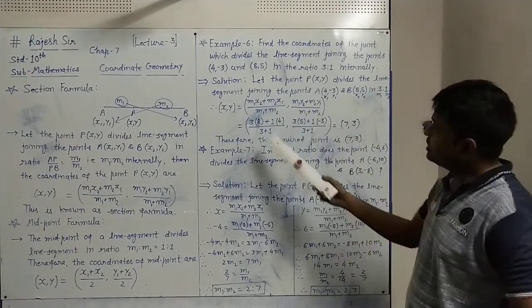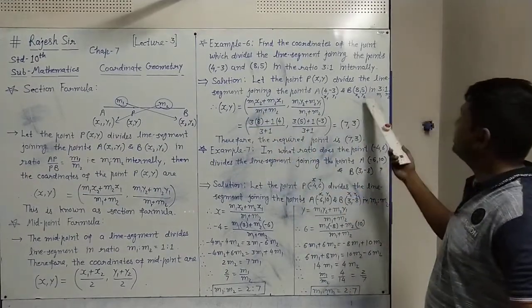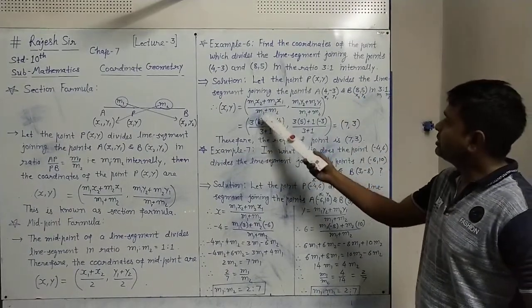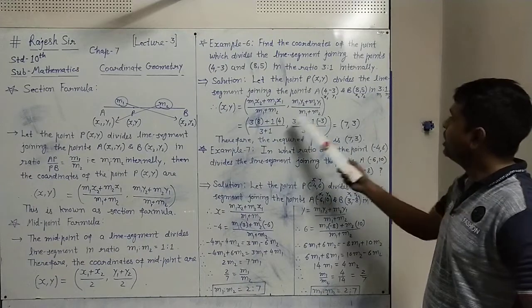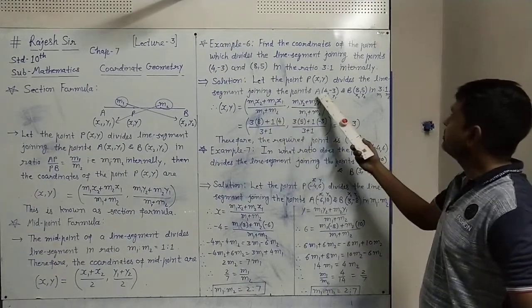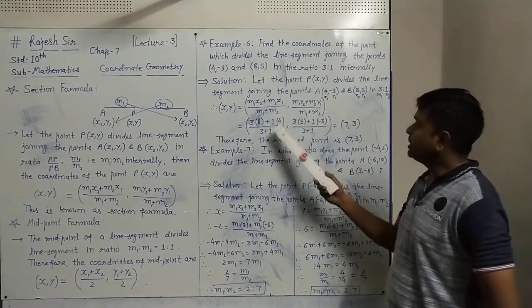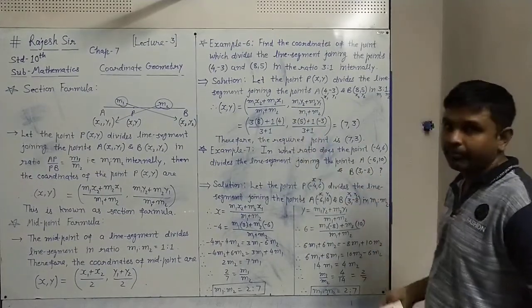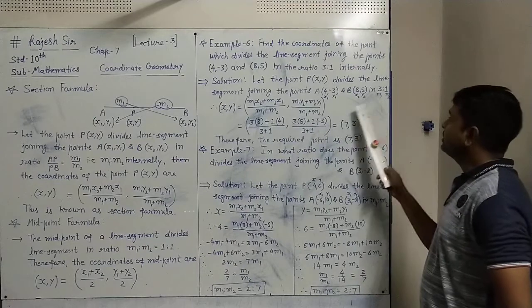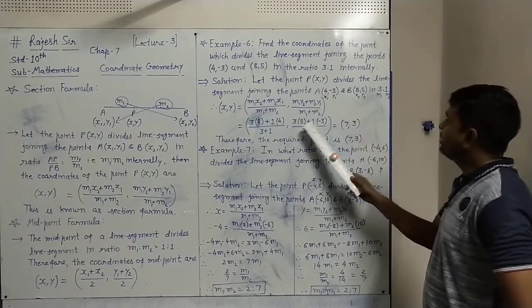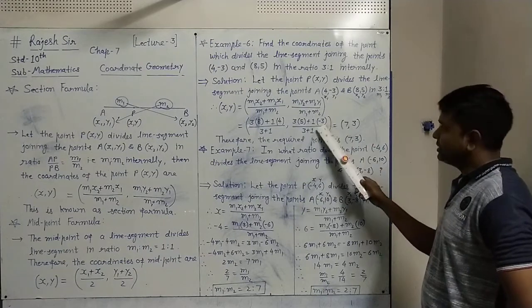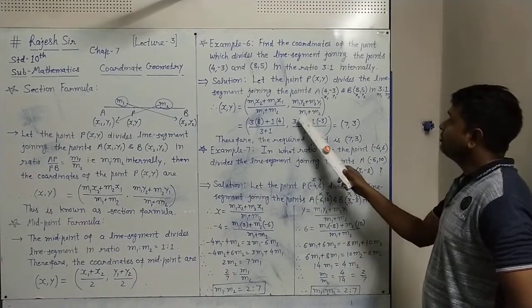Now put all the values here. m1 is 3 into x2 is 8 plus m2 is 1 into x1 is 4 upon m1 plus m2 is 3 plus 1, comma, similarly m1 is 3 into y2 is 5 plus m2 is 1 into y1 is minus 3 upon